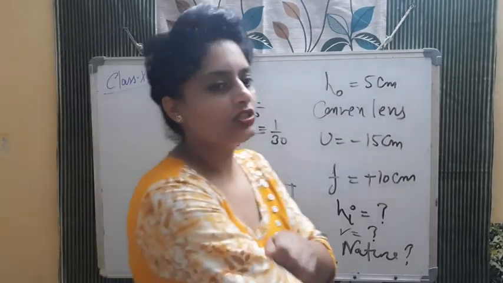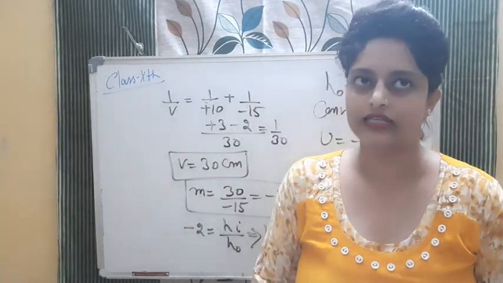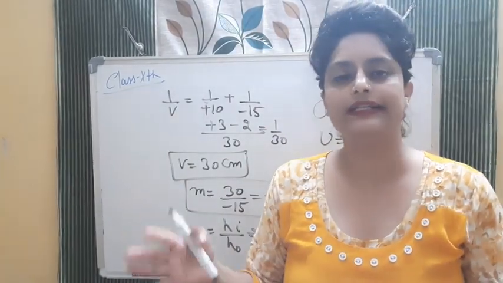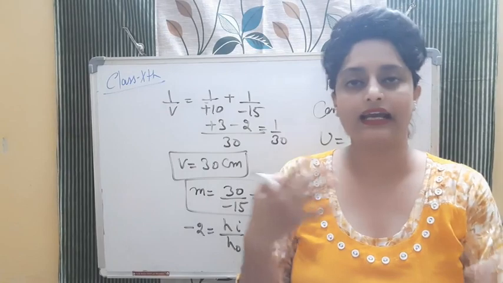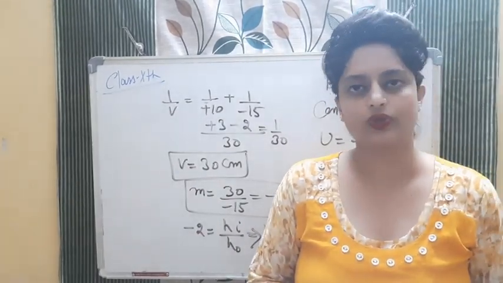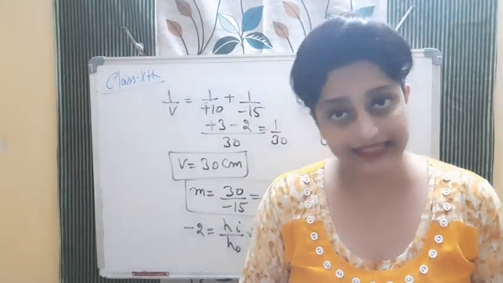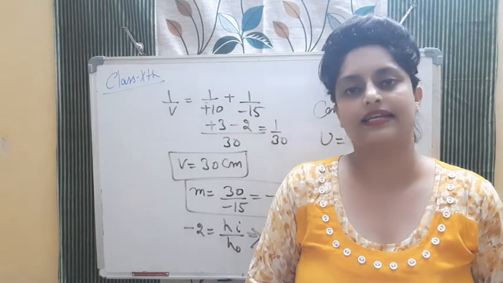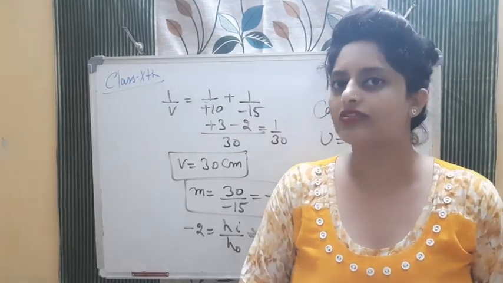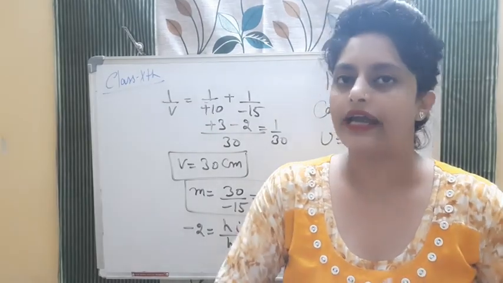So these are the questions that we did in today's class. And see, these are the simple questions, where U, V are directly given and F is given, and out of these quantities, one quantity will be given to you and others they will ask you. So please try these questions. Try your NCERT examples and NCERT exercise questions. Next class we will see some very good questions that come in competitive exams and we will solve them.